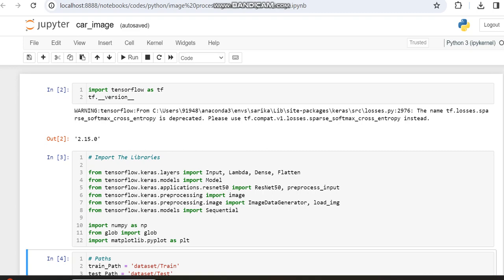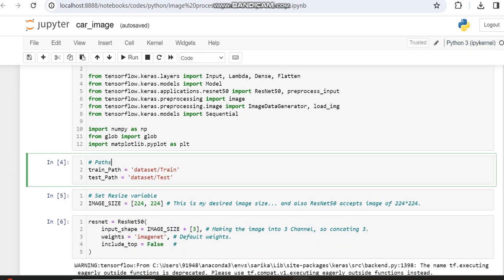The TensorFlow version we have used here is 2.15, and then we are importing other TensorFlow libraries, that is layers like Input, Lambda, Dense, Flatten, and ResNet, and other libraries, etc. Then we are calling our dataset folder, that is train path and also test path. Within this folder I have the train images, and in this folder I have the test images. The train folder I am calling with the train path variable, and the test folder I am calling with